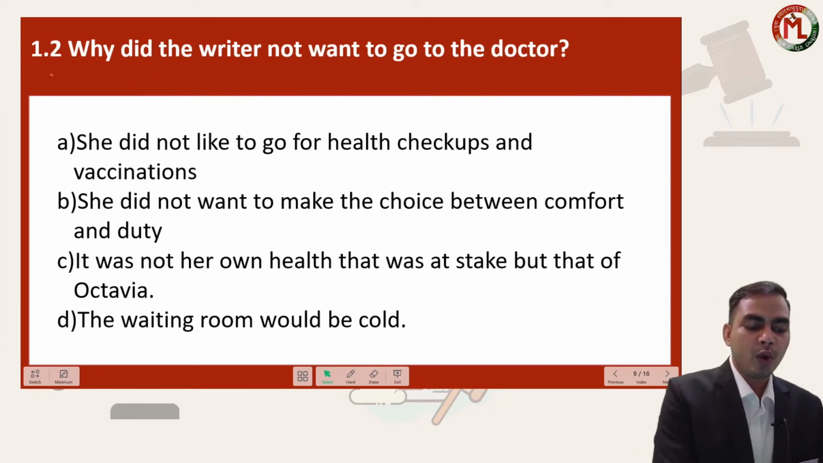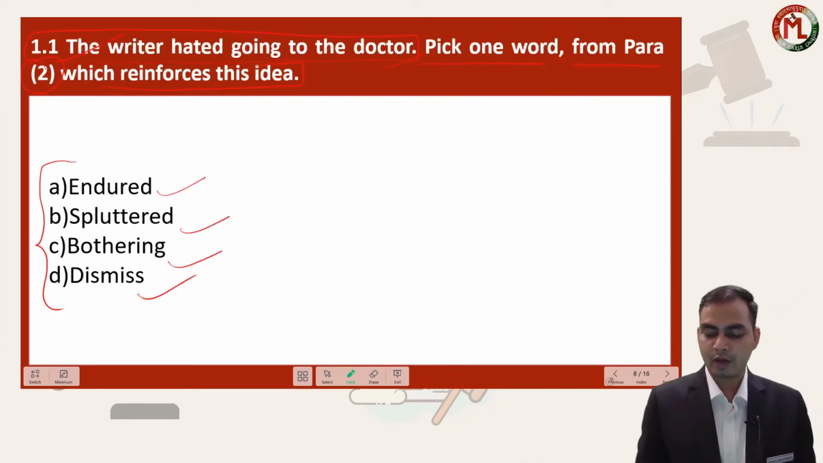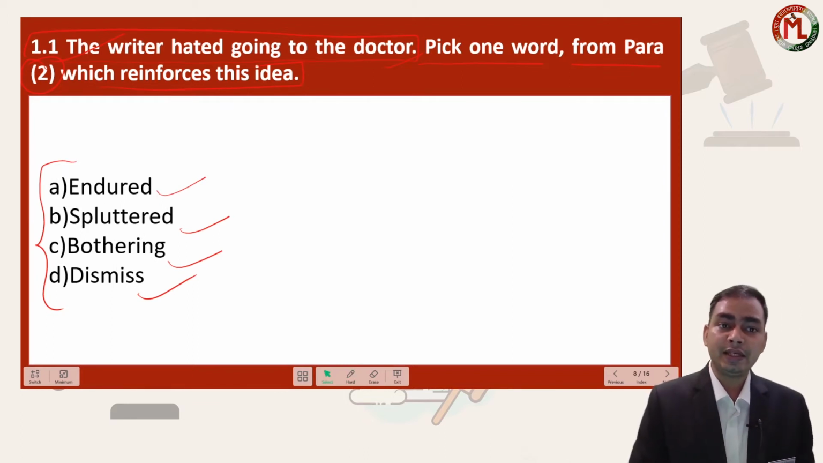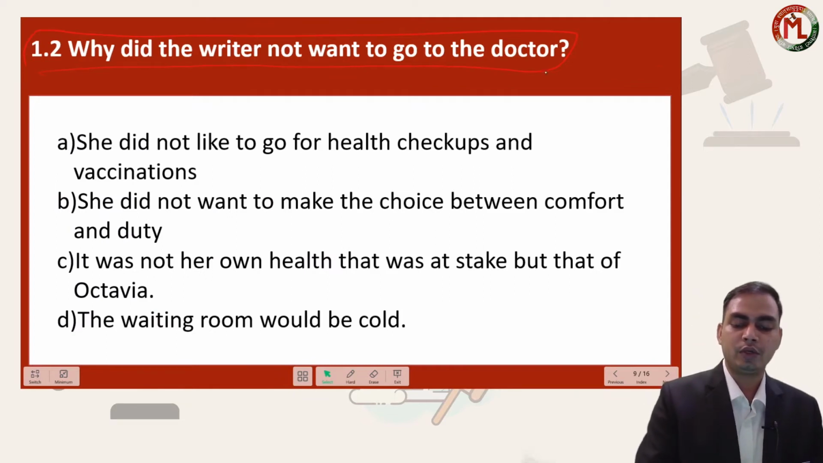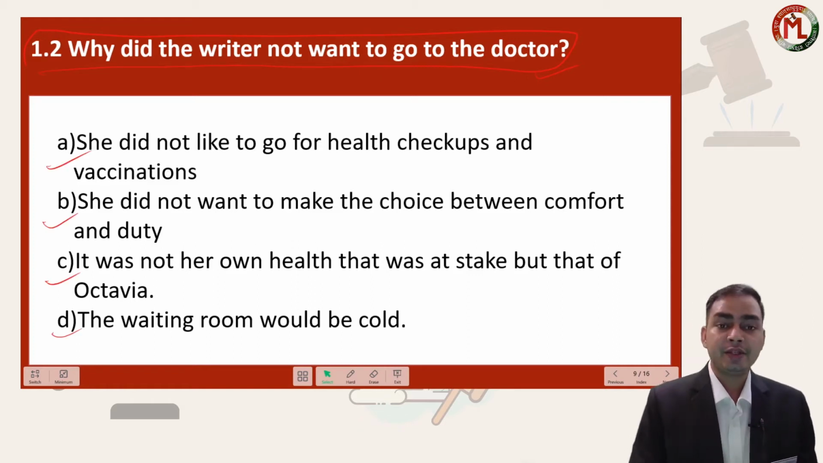Question number 2 is, why did the writer not want to go to the doctor? The first question was about strengthening the idea. What was the reason that the writer hated going to the doctor? And the next question is, why did the writer not want to go to the doctor? So the scenario is different. The first one was about attitude. The second question is about the circumstance that the writer is in right now. So there are 4 options before you. You need to read them one by one